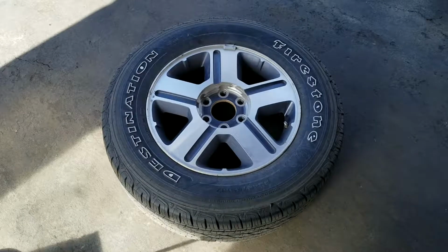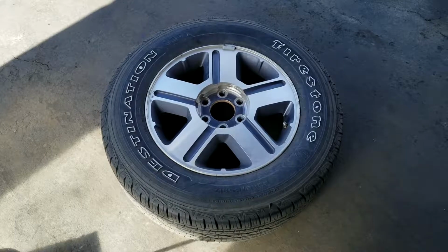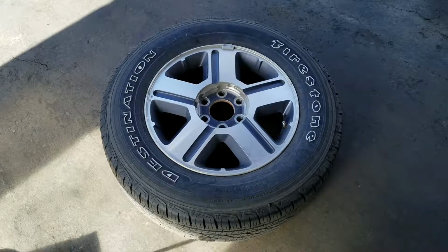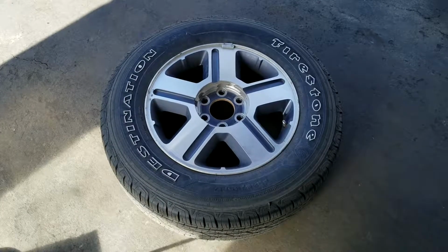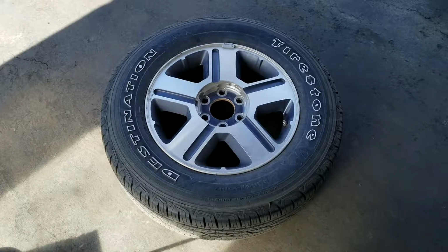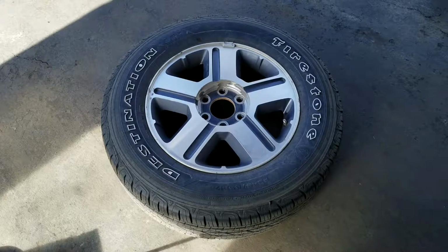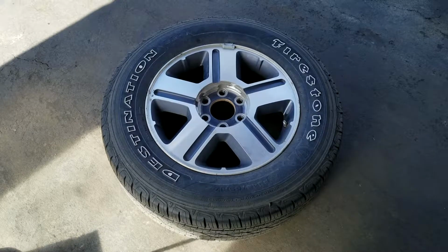Next up, you want to take a listen around the tire just to see if you hear any hissing. To do that, of course, you have to make sure the tire is topped up. So, for example, let's just say you got a leak, the tire is a little low. If there's no air pressure in there, there's nothing to push out, so you may not hear anything. So you inflate it up to whatever your tire is rated for,